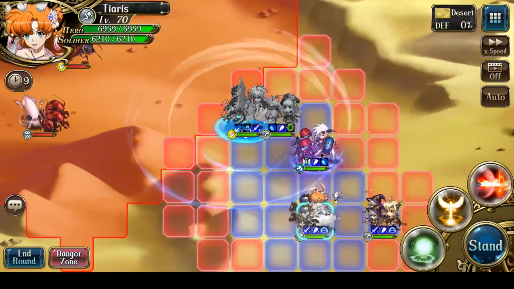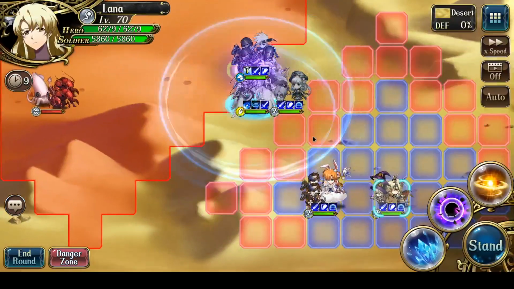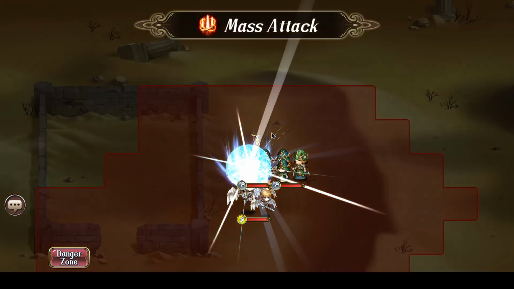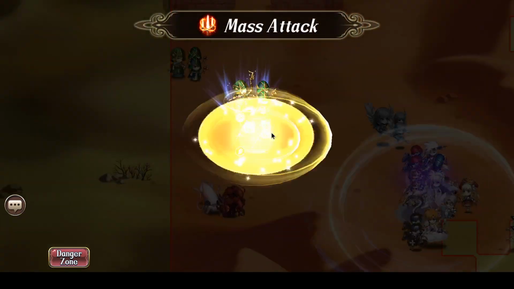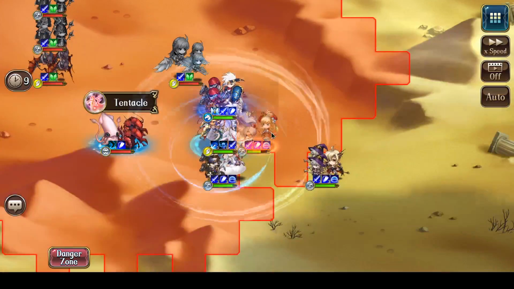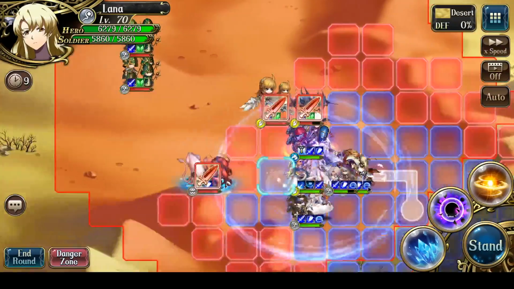And then Landius can run up. And then Lena can start maneuvering. And finally I'm going to miracle up everybody with tears. Lots of mass attacks. Tidal Surge. Chain Hook on Rachel. Or Tentacle on Rachel, sorry. Okay. Let's start with